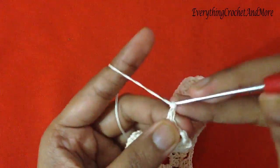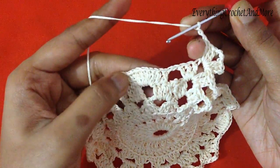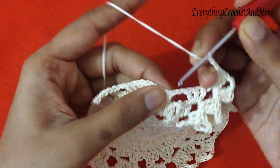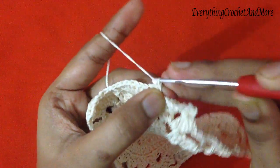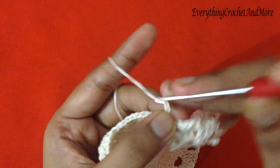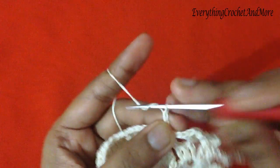Now shell done, chain 2. Now single crochet on the first stitch of the 9 double crochet group. So on single crochet on the first double crochet, then chain 3, 1, 2, 3,